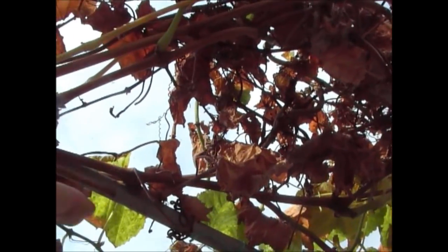So any sort of stems or anything like that, I'll be trimming down, but I'll do a quick video on that whilst I do it. But that's the grapevine for you. Okay,